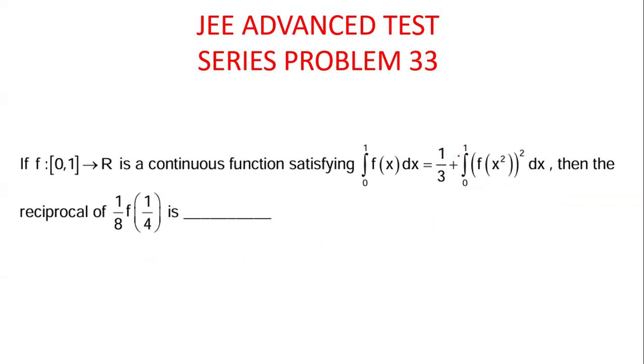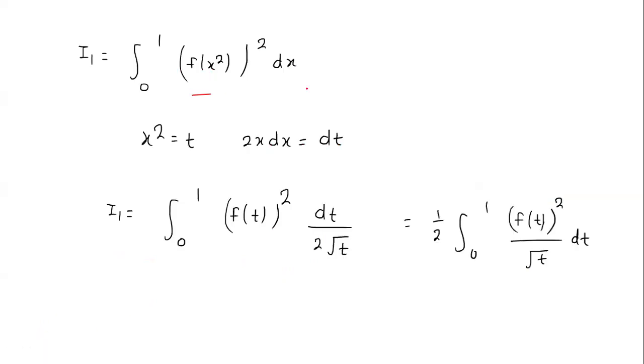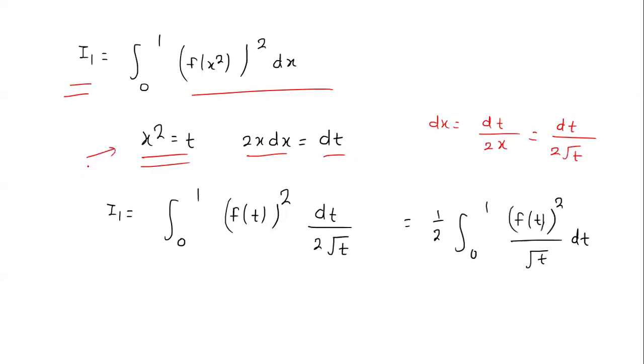In this equation there are three parts. One is this, and one is this. First of all let us consider this thing. Let's assume this is equal to I1. Here you can assume x square as t, then 2x dx will become dt. So dx will become like dt by 2x, and x you can replace by root t, because x square is t, so x will become root t. So you can replace dx by this dt